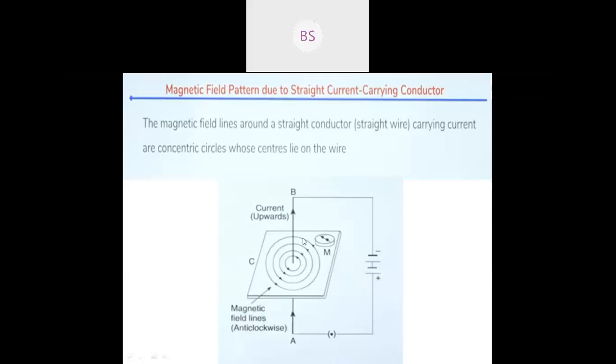When the direction of current in the wire is reversed. If we reverse the direction of current, what do we have to do now? If plus is here and minus is here, and if we reverse it, plus this side and minus this side, what will the observation be? When the direction of current in the wire is reversed, the pattern of iron filings does not change. If you reverse the current, this pattern will not change. The concentric circle pattern will be as it is.